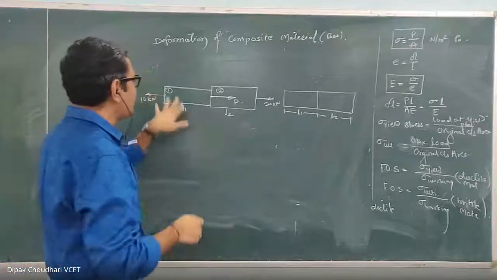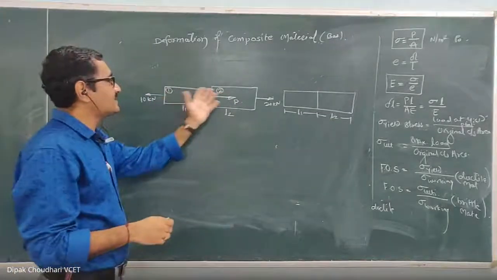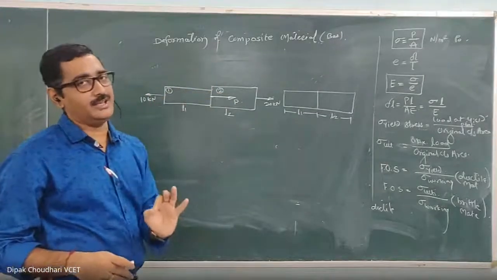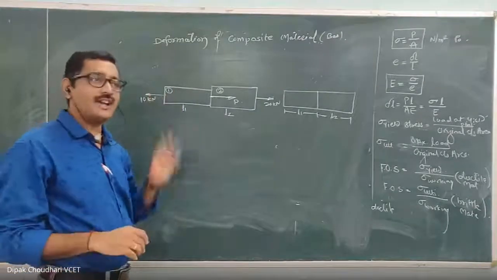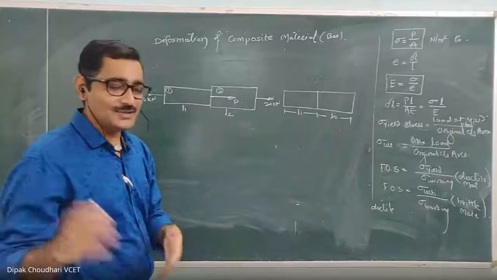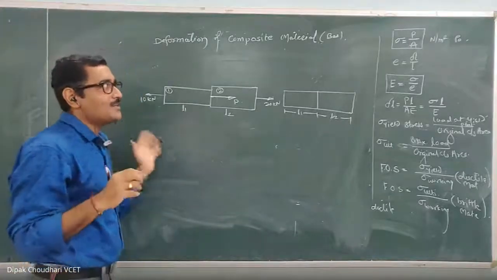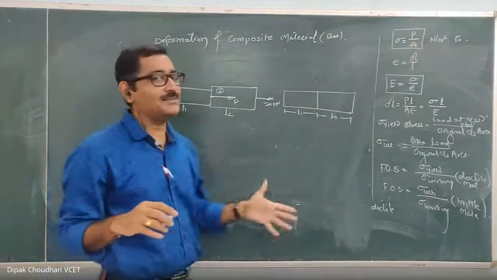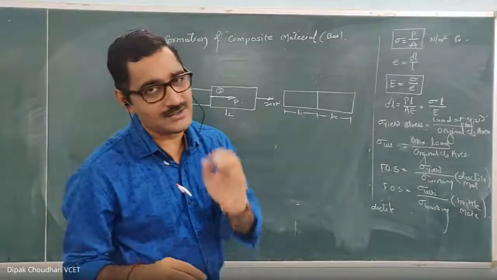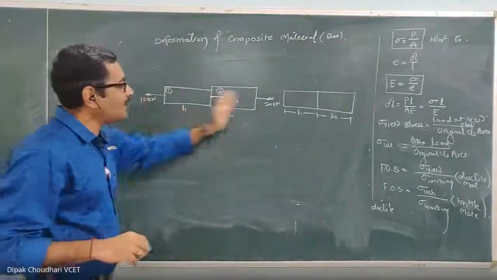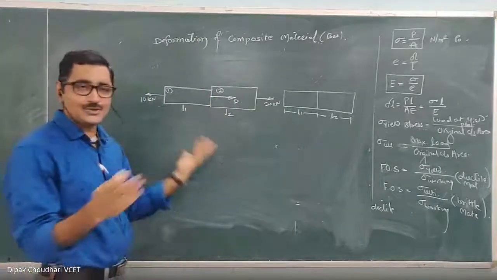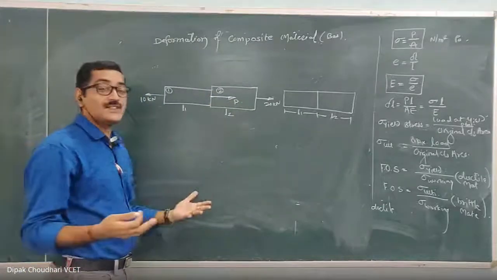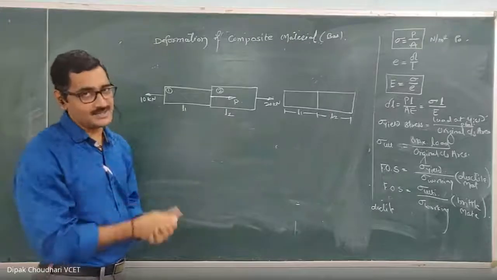Now, the first thing is that you have to consider that this rod should be in equilibrium. If it is not in equilibrium, it will be in motion, and when it is in motion, the stresses induced will be something different. So we have to consider the stresses induced in the rod when it is at rest or in equilibrium. For equilibrium, you have to balance the forces and find the force P. Most of the time the forces are given. If the forces are not given, you need to balance them properly.